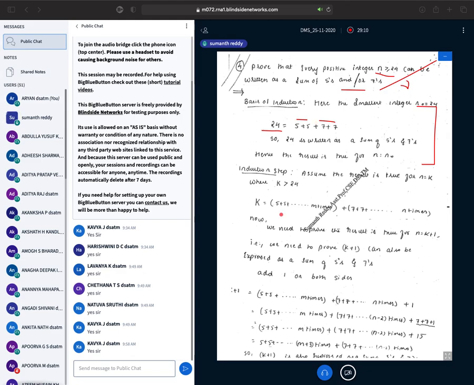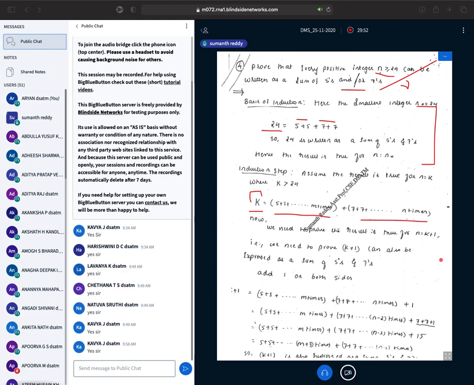Next, same as the procedure I have told you, is the assumption stage. In the assumption stage, I will assume that the statement is true for n equal to k. If it is true for n equal to k, obviously I can represent this k using 5s and 7s. But how many 5s and how many 7s, I don't know, because I don't know the value of k. So I will just assume that I have used m number of 5s and n number of 7s.